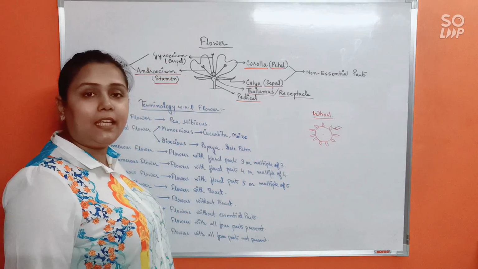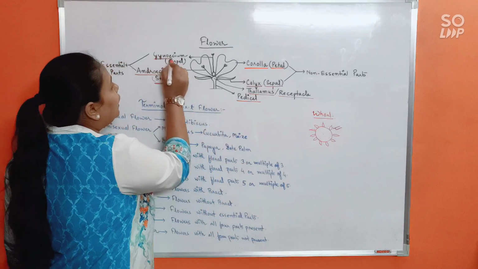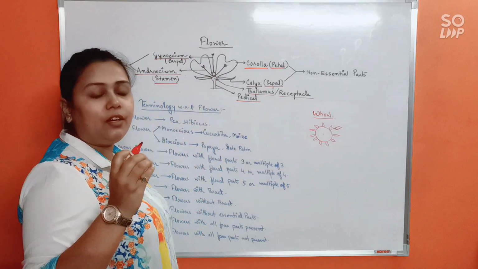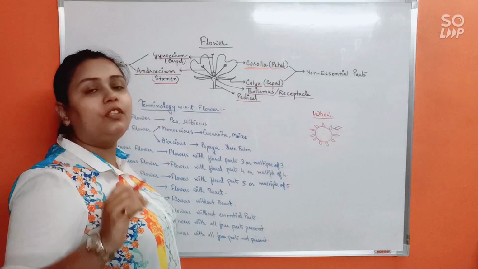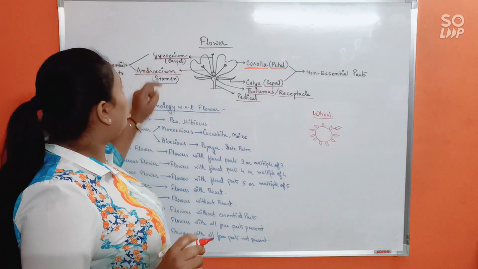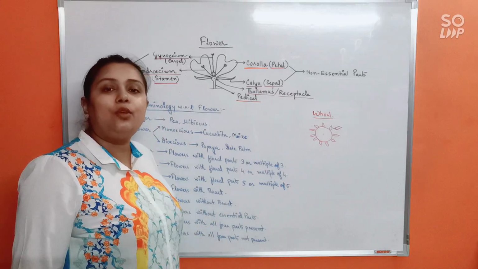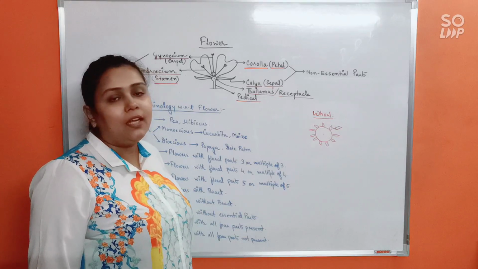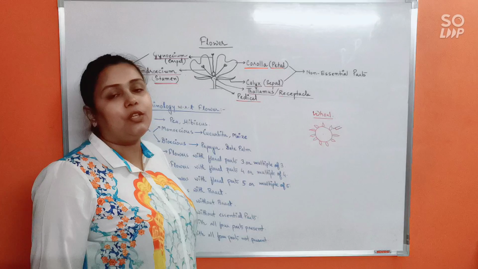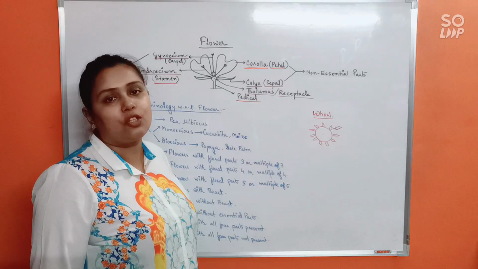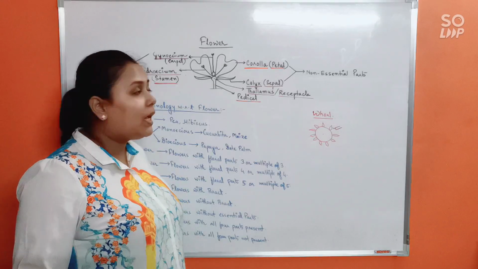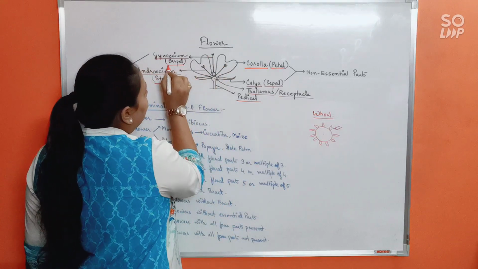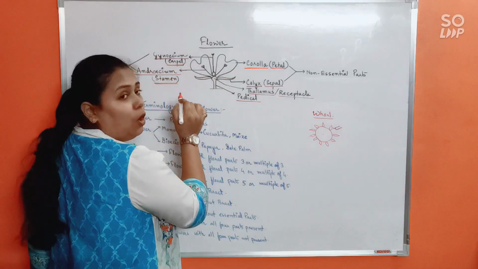Next, finally, the last part being the gynoecium. It remains exactly at the center. At the center, or at the tip of the thalamus, remains positioned the gynoecium, and the gynoecium is the female reproductive unit of the flower. Why? The answer is very obvious, because it would be responsible for the production of the female gamete. Okay? As you can see in diagram C, the gynoecium, whose single unit is called carpel or pistil.